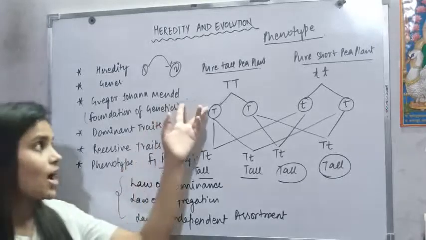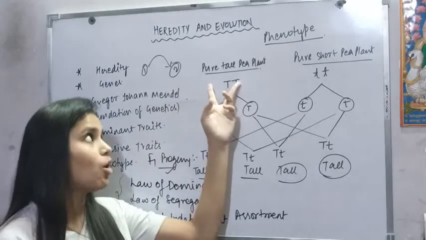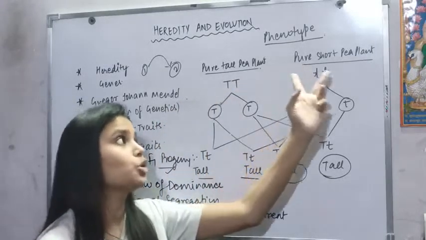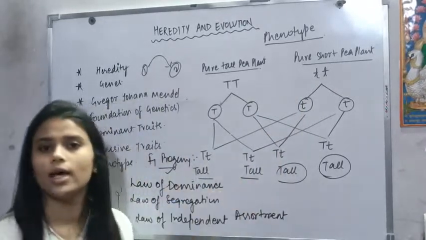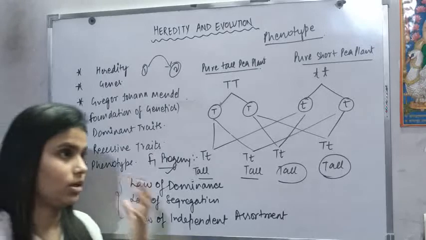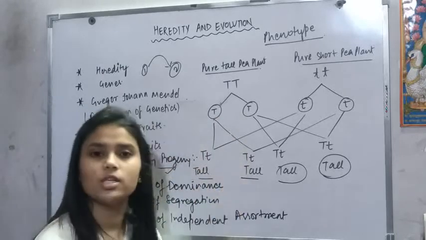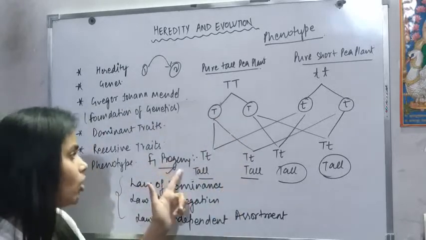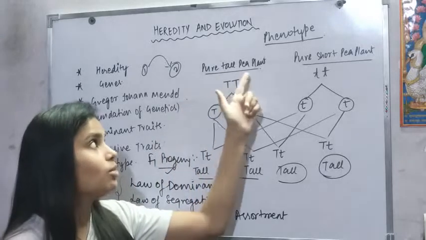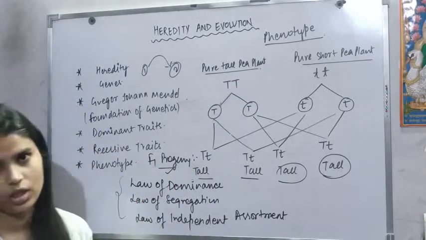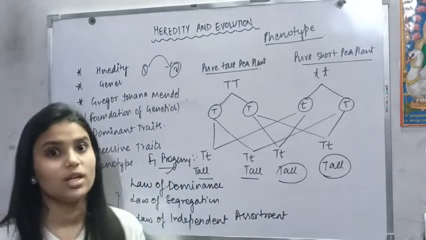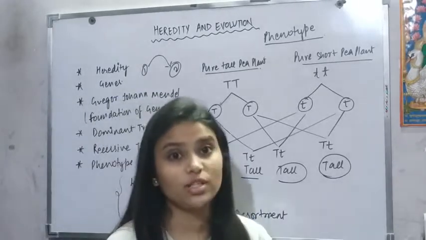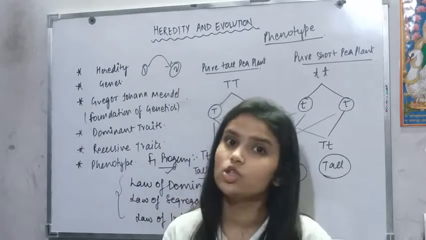So we have crossed both the pure tall pea plants and pure short pea plants, but the resultants are only tall in character. So the trait which actually expressed in this cross is tall, that is the pure tall pea plant, that is capital T. It only expressed in this generation. So there are traits which can express themselves. These are known as dominant traits,